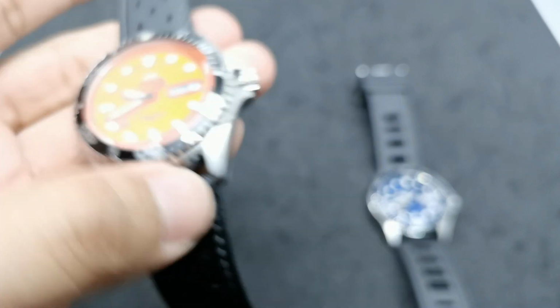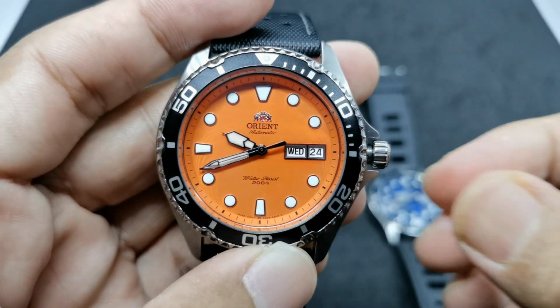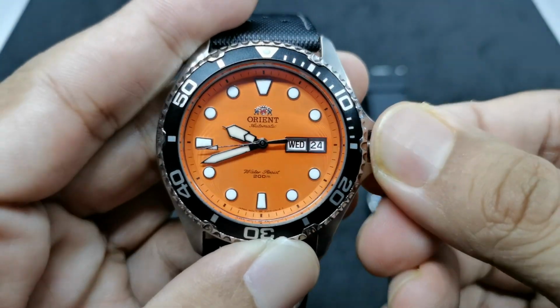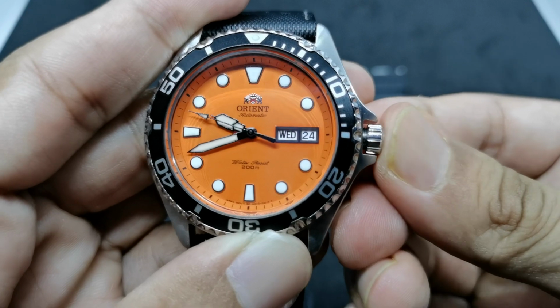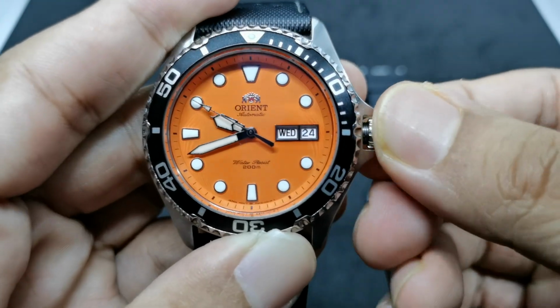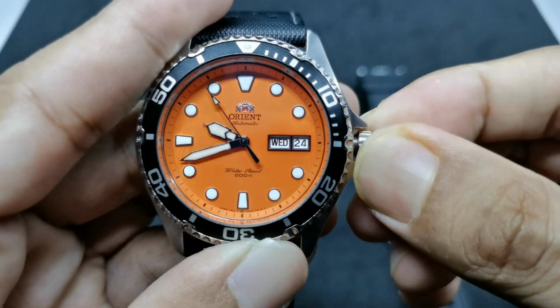But on the new version, okay, let's just wipe my hands again. On this new version, we can see how easy it is to screw down. You just turn it, and of course you can see that the crown pops, right? The spring is much stronger on this one, and when I screw it back,